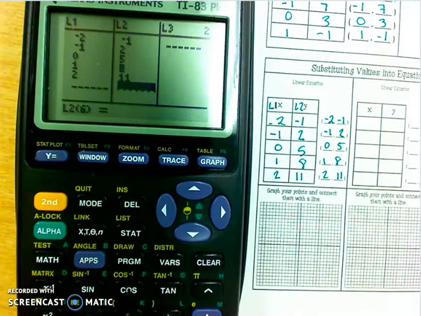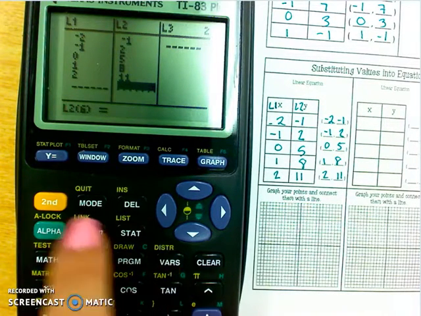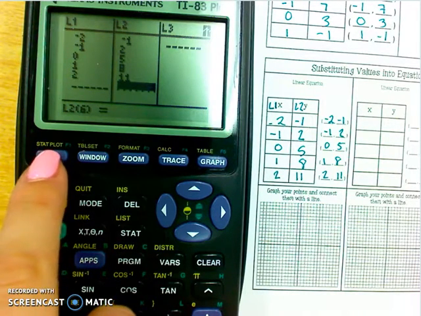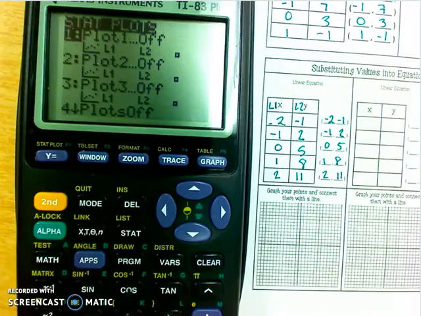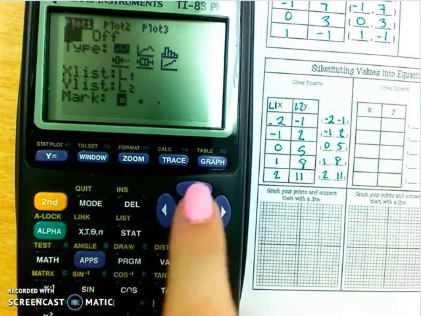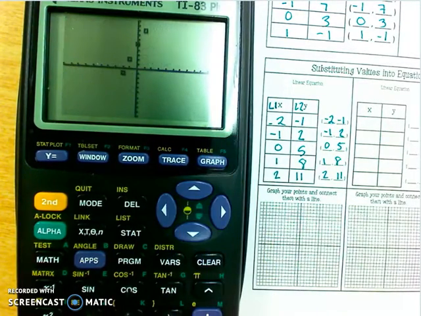I need to be able to turn that graph on. Okay, so we're going to click second and the Y equals because we want the stat plot. And notice plot 1 is off. That's going to do us no good. So we're going to click enter, and you see the flashing on. We need to select on. Okay, and then you should be able to click the graph, and there are your points that will create your